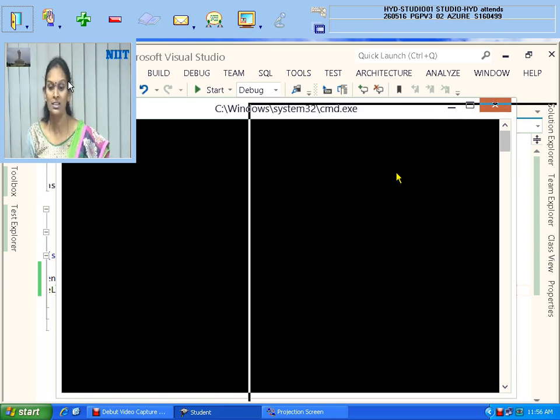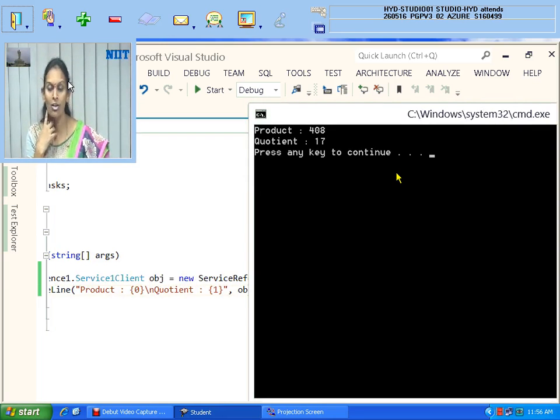It takes a little time, unlike the local computer one, because the request is sent to the Azure portal service and from there the response comes. So it takes a little more time compared with the last demos, because those were accessed from the local computer, but now you are accessing from the Azure portal. This is the way it works.